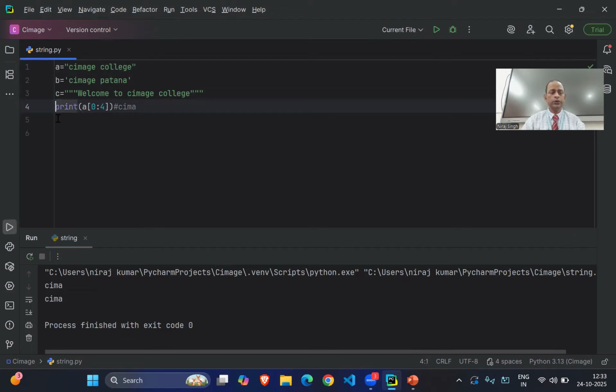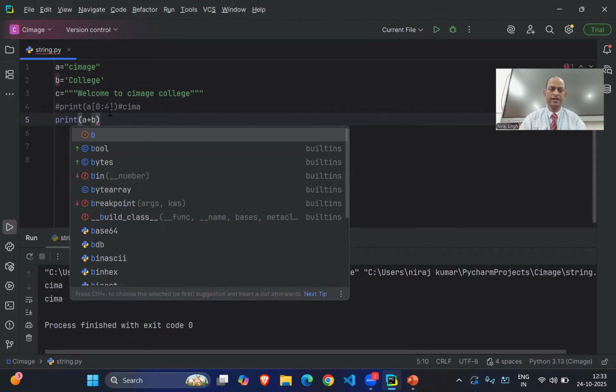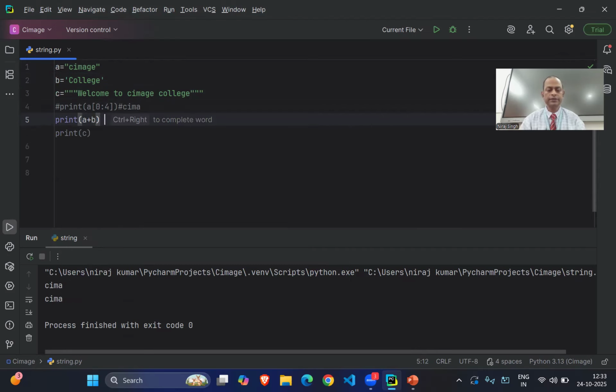Now, using the string operation, how can we concatenate two strings? For example, the first is image and the second one is college. To concatenate the two strings, write print A plus B, using the plus operator as the concatenation operator.